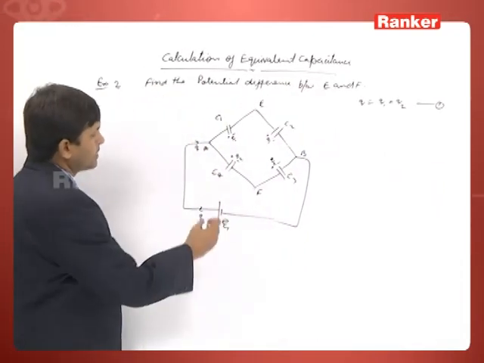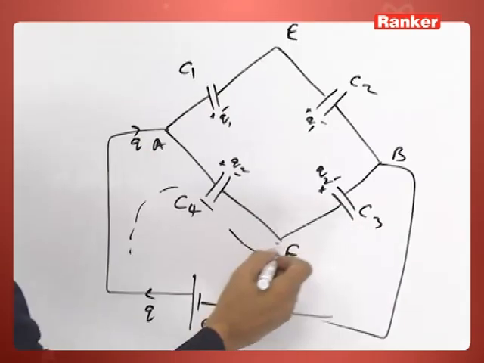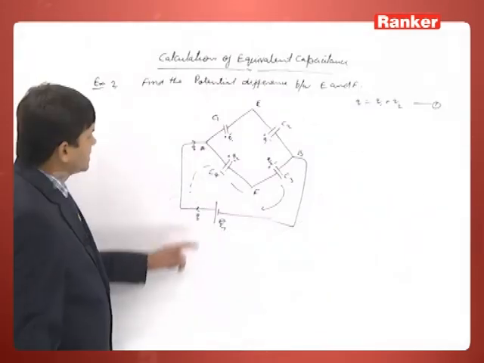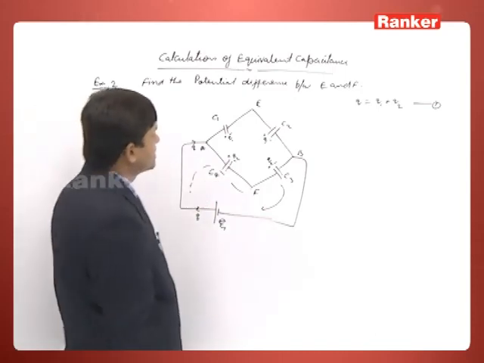Second equation, we can apply Kirchhoff law in this loop. See, minus Q2 by C4,